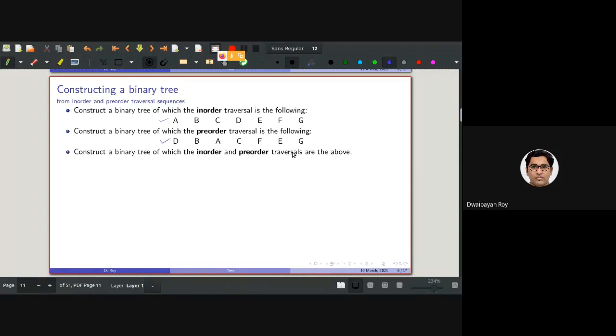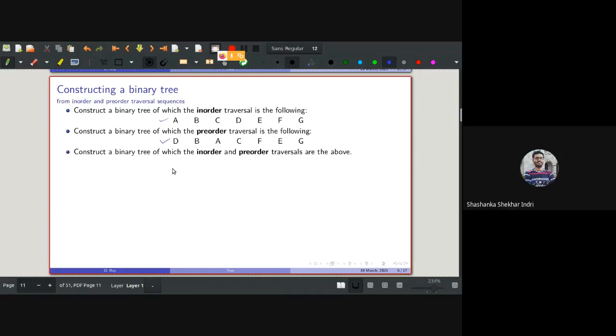Anyone? Given the in-order traversal A, B, C, D, E, F, G and the pre-order traversal D, B, A, C, F, E, G, can we construct a binary tree for which the in-order traversal is this and the pre-order traversal is this? And will it be unique?